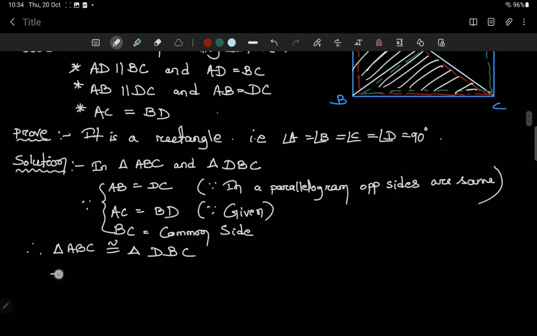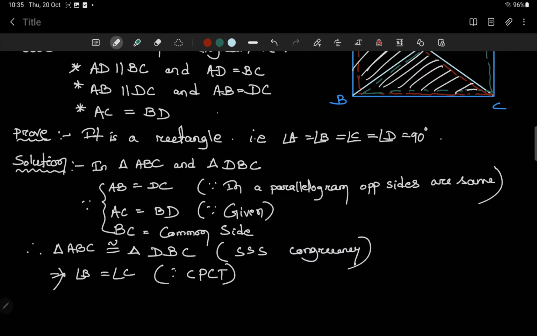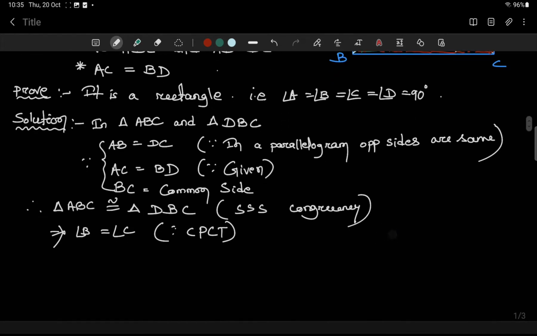Yes, it implies that angle B equals angle C. Why? Not due to CPCT. Here I didn't write, it is SSS congruency. Okay, so angle B equals angle C, due to CPCT. But we know that